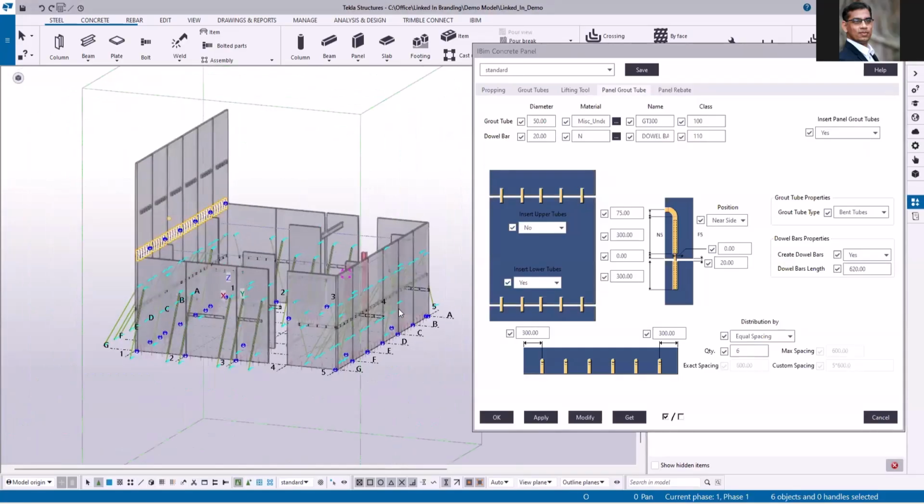Just imagine how much time this is going to save you when you start using this application on your precast projects. If you want to see the full demo, please feel free to get in touch with me,